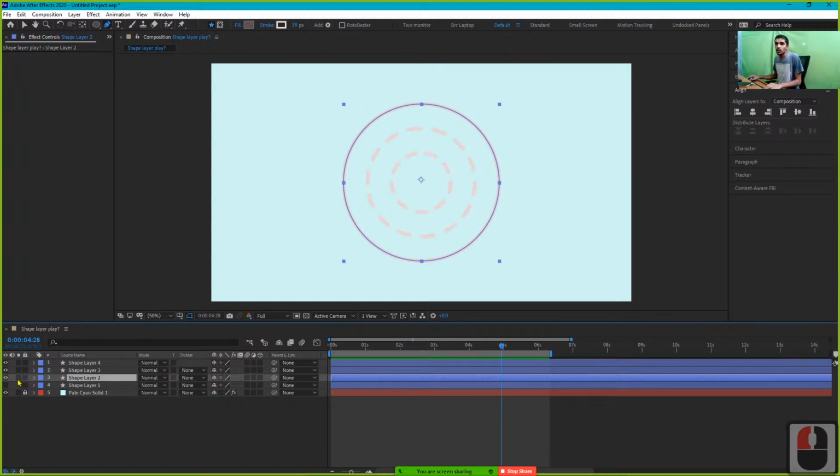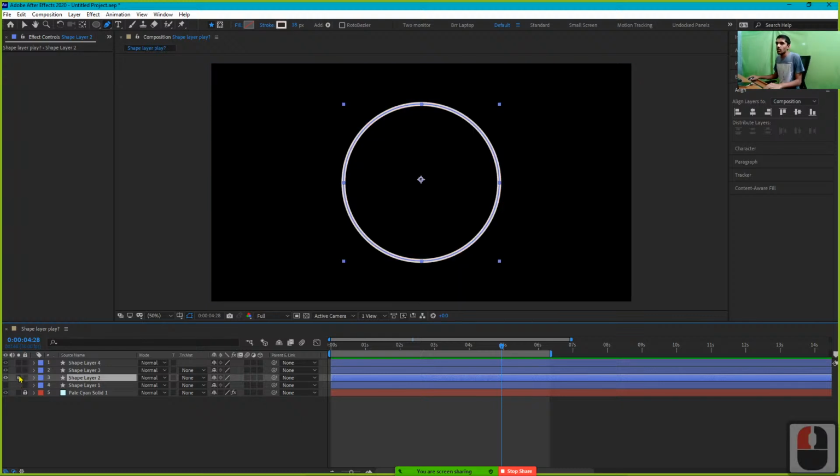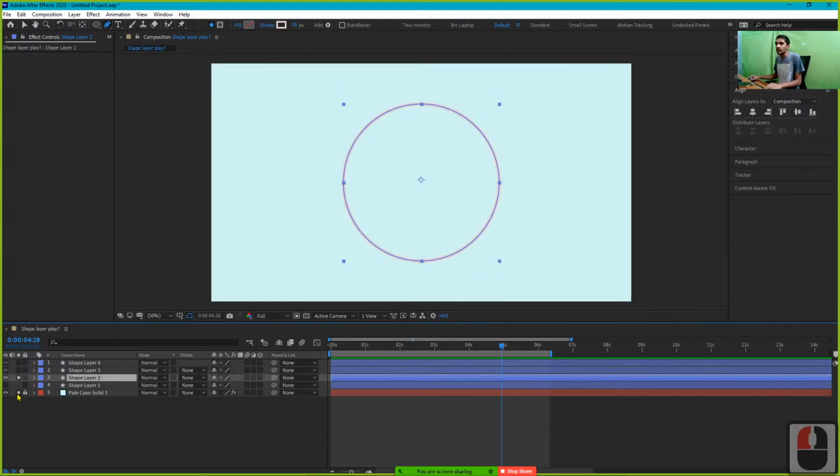Also, if you want to solo something, which I had mentioned earlier, it's this round dot. So if I click this, it's going to show me only this layer, and I can add another layer to show me. Now while working, I could have just hidden the other two, but never mind, I'm going to work with this